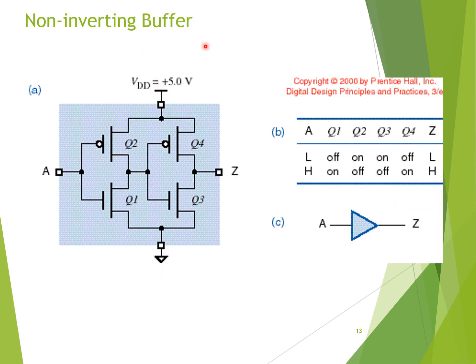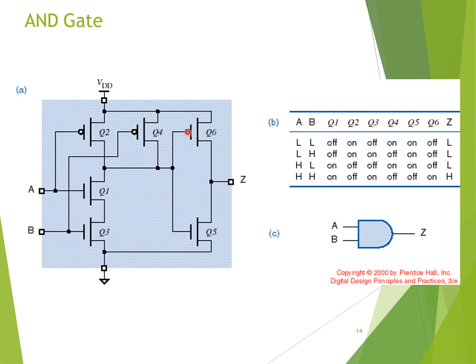Non-inverting buffer. What is meant by non-inverting buffer? Already CMOS is an inverter, so I need A again. Non-inverting in the sense there is no inverter operation. So this will produce A bar. Once again connecting it to another inverter circuit will produce the same output back, that is my A. A will be the output, which means the non-inverting buffer. Right.